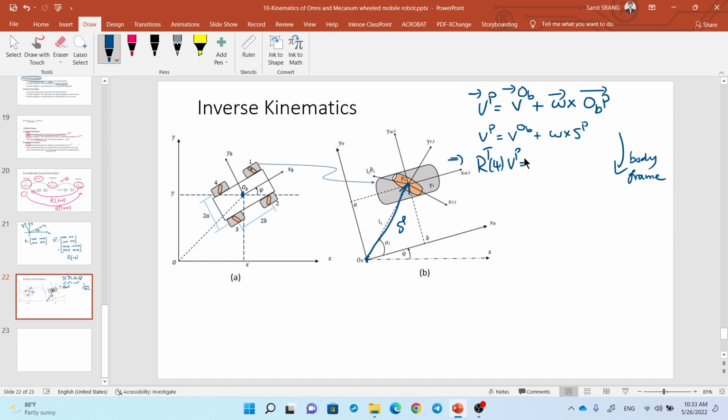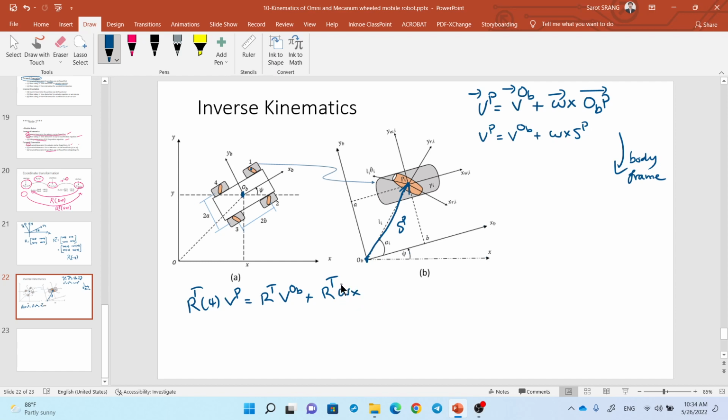I just say I apply the rotation matrix to this equation, so I rewrite here: R transpose psi applied on VP equals R transpose applied on VOB plus R transpose applied on omega